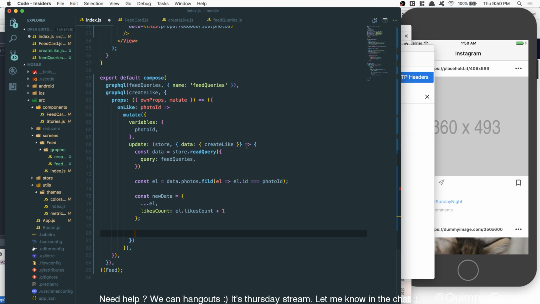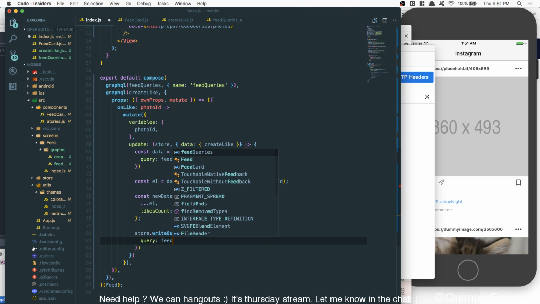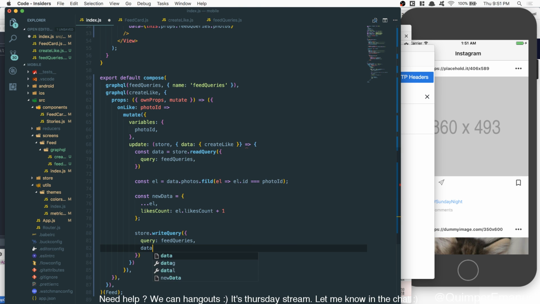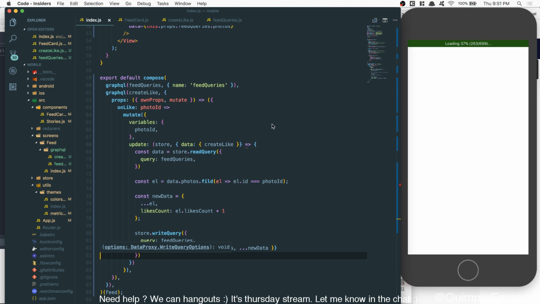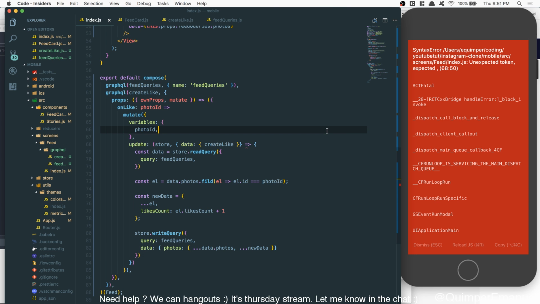And now here, store the write query. And now I see the same query again, feed query. And now I see data is going to be the photos. And now here I can say dot photo. So now I should have a